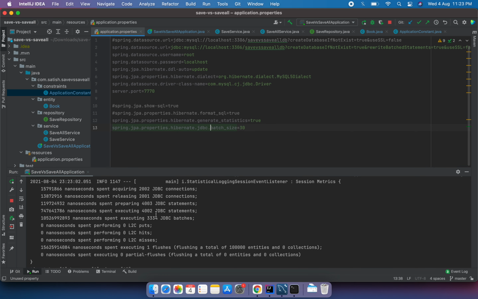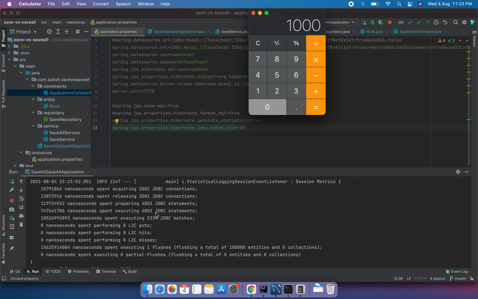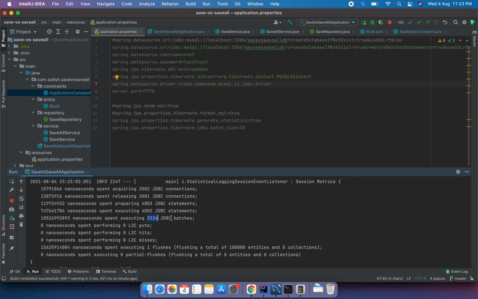So let's calculate that as well. We have around 1 lakh documents divided by a batch size of 30, so we'll have around 3334 batches, which is what we get here.